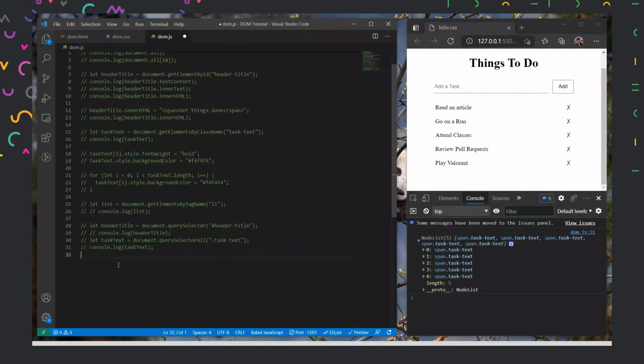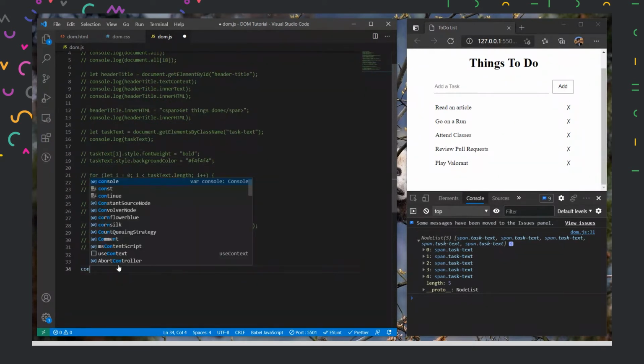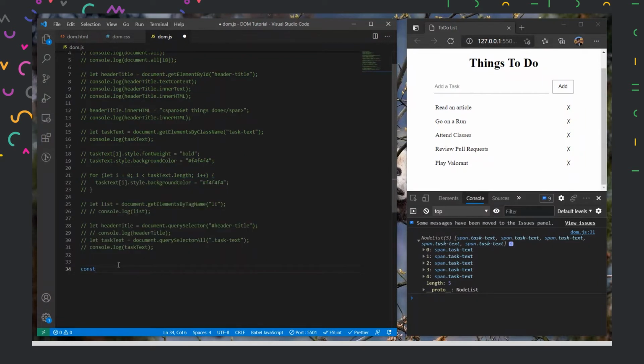So basically, let's create a function first of all. Using arrow functions, which we learned earlier, we can create a function. Let's say I need a button to be clicked. So I can add a button click function over here, and then I could just put a function over here.